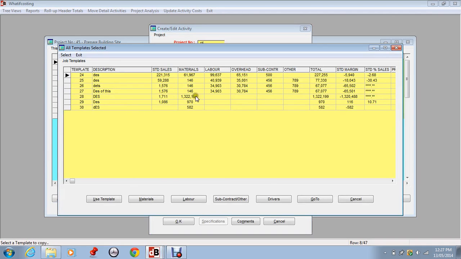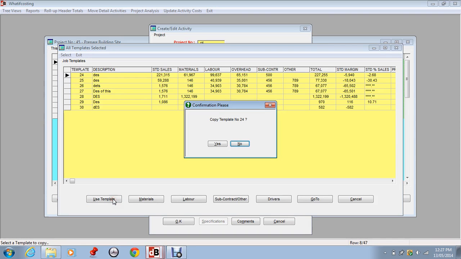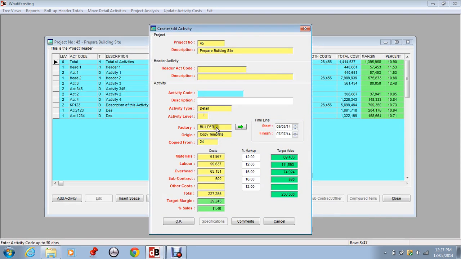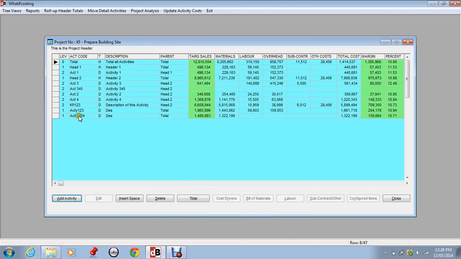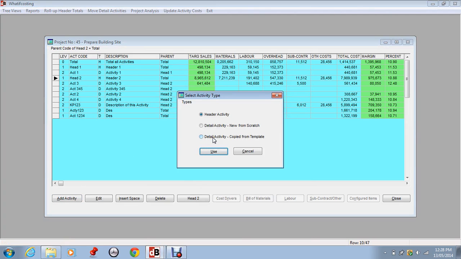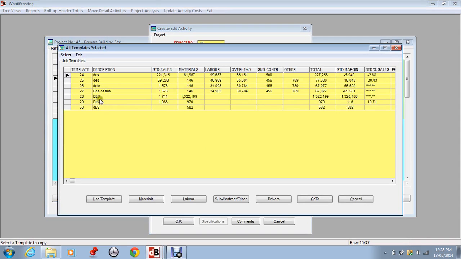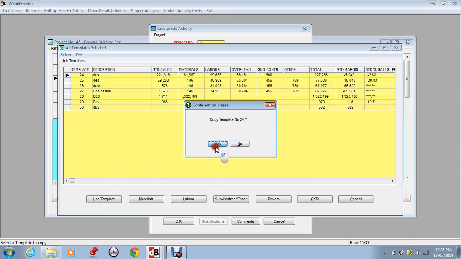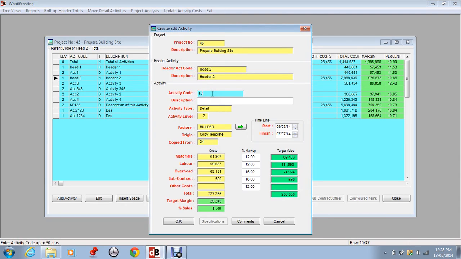We select the template we want. Let's select this one here, or maybe this one here, number 24. We use it, copy 24. And you'll notice here this particular activity which we're creating from the template is linked directly to the total project. It hasn't gone to a header. If we really meant to attach it to a header, we can cancel that, select a header, say header 2, add activity, add a detailed activity, copy from a template, select the template, use, copy, put in activity code,